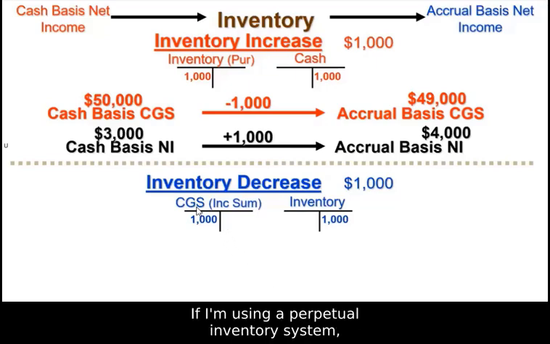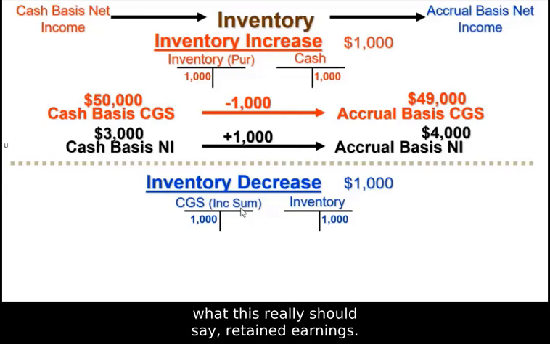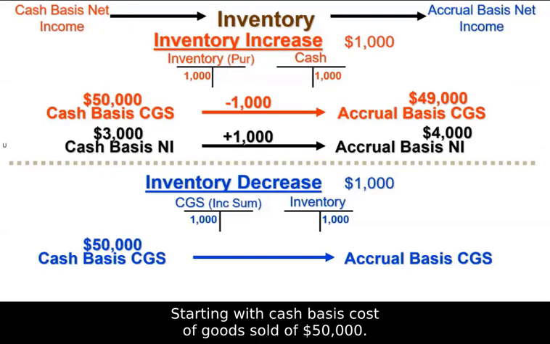If I'm using a perpetual inventory system, you'll recognize this from earlier lectures where we debited cost of goods sold. For a periodic inventory system, you see here income summary. What this really should say is retained earnings. Starting with cash basis, cost of goods sold of $50,000,